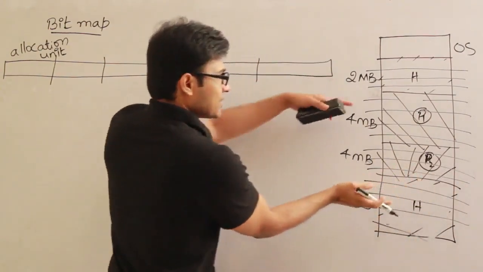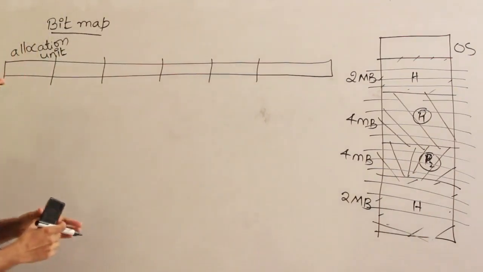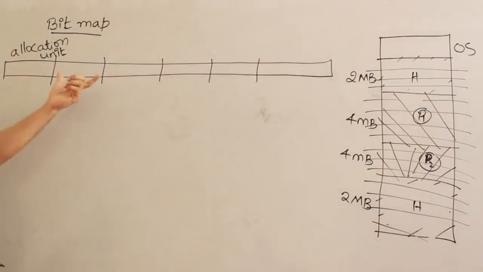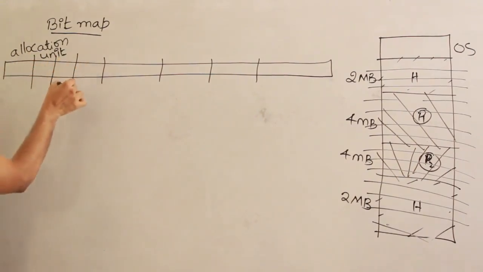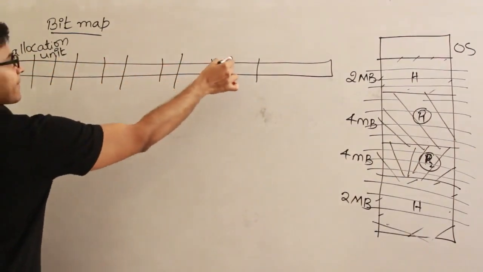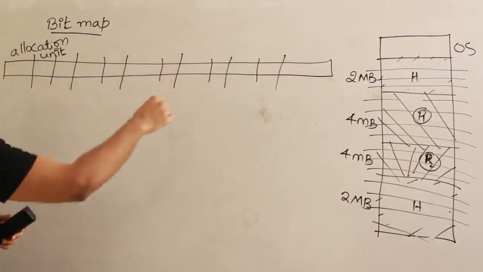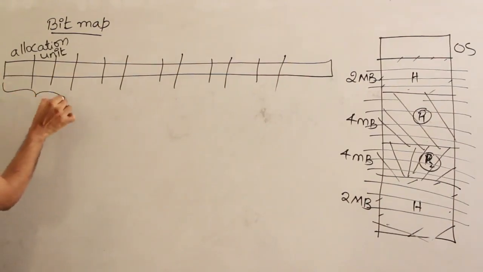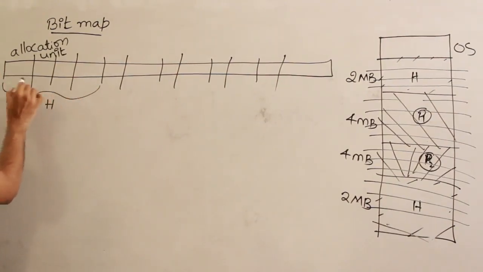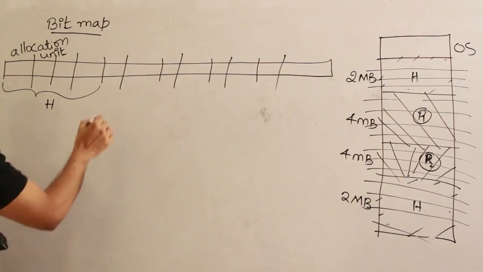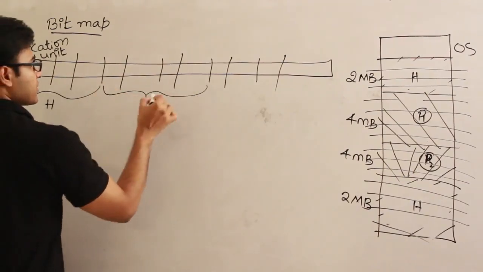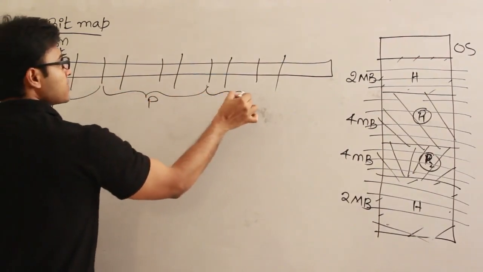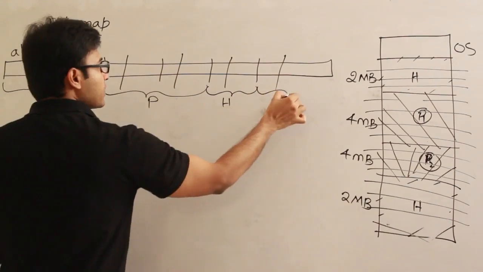And now when I represent this entire memory like this, there will be contiguously some allocation bytes which will be empty, right? Let us say allocation bytes are like this, and accordingly, let us say here there is a hole, all these allocation bytes are free, and then here there is a process, and again here there is a hole, and again here there is a process,